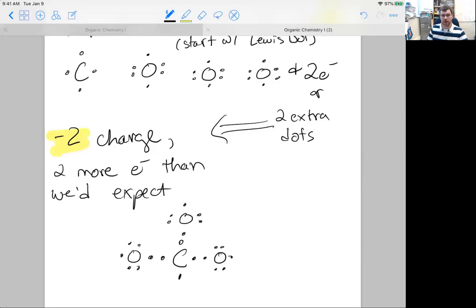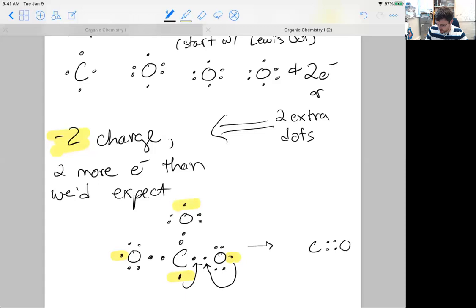Okay, so if we look at this, we've got a Lewis dot structure and we've got extra electrons that are not bonded at these 4 positions. If there are extra electrons on neighboring atoms, we can use those extra electrons to make double bonds. So I'm just going to move this electron over here and this electron over here,